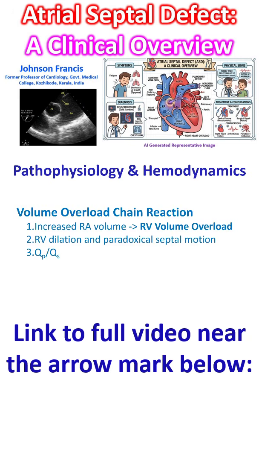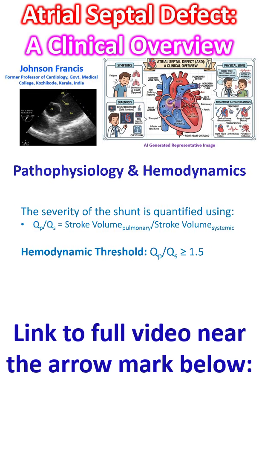There is increased right atrial volume and right ventricular volume overload, right ventricular dilatation and paradoxical septal motion, flattening of the interventricular septum during diastole, and increased pulmonary blood flow, Qp, relative to the systemic blood flow, Qs. The severity of